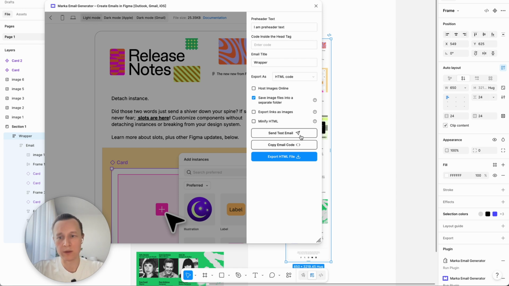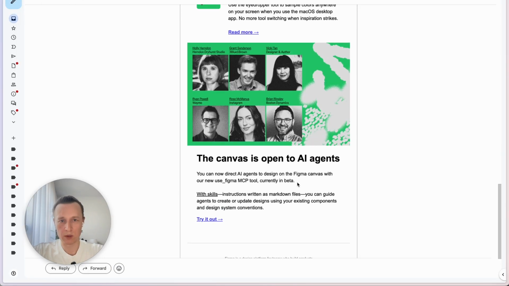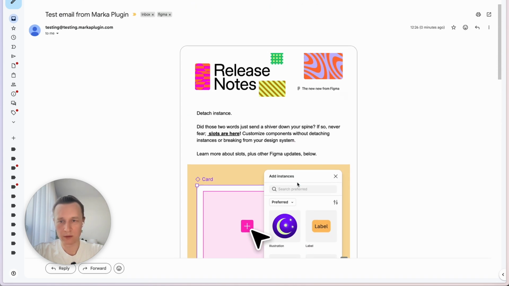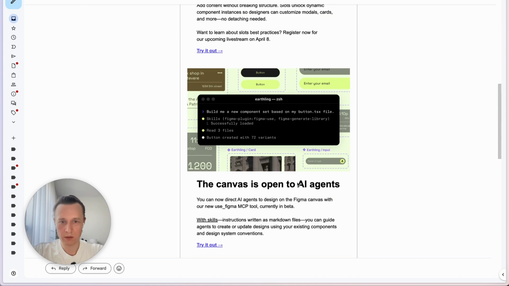So let's try to send test email and see how it works on the real inbox in a real email. So this is how it looks on original in the Gmail. As you can see, all things works fine. Mobile version works well, and all links